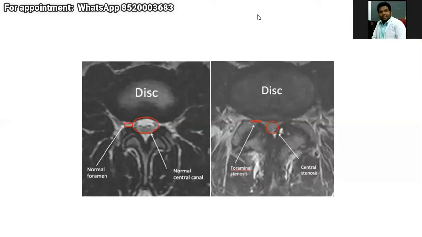So if it's only an X-ray, you are not harming the patient in any way. You are not causing financial burden also. So when the patient walks into your clinic only with an MRI lumbosacral spine, do not hesitate to ask for X-ray lumbosacral spine flexion extension. The number of patients where X-ray lumbosacral spine was normal, MRI is normal, the patient is being treated as non-specific back pain since years, and when you do a flexion extension, the patient has a listhesis. Understood?